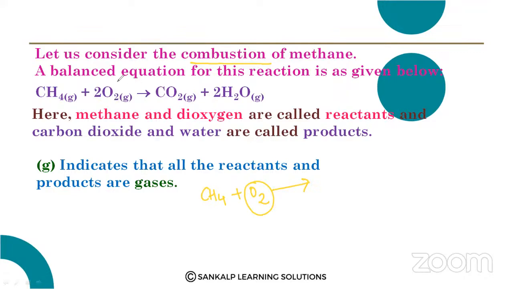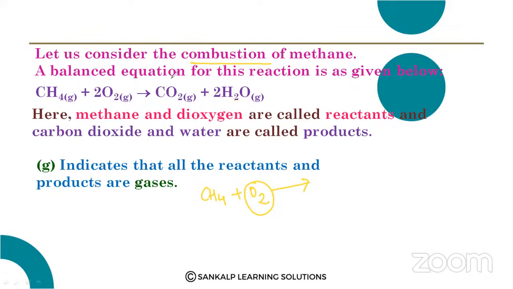On the left hand side of the arrow are the reactants. These will react to give you further products. So here methane and dioxygen are called reactants, and carbon dioxide and water are said to be